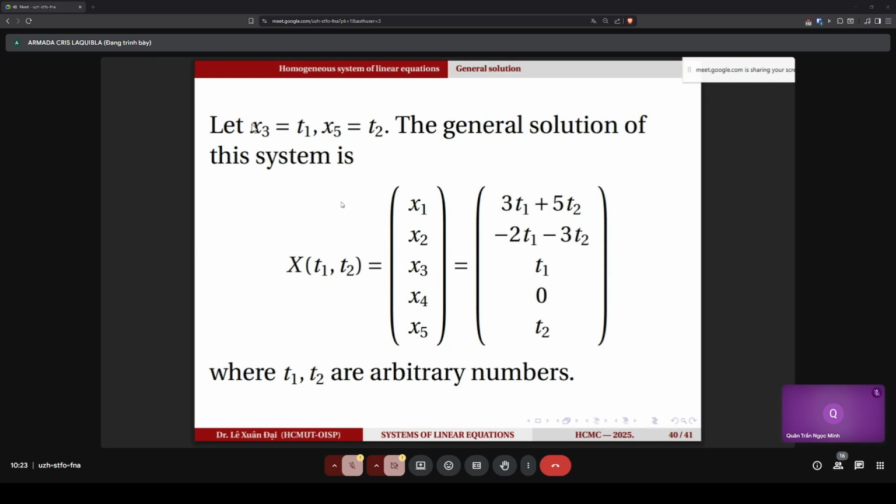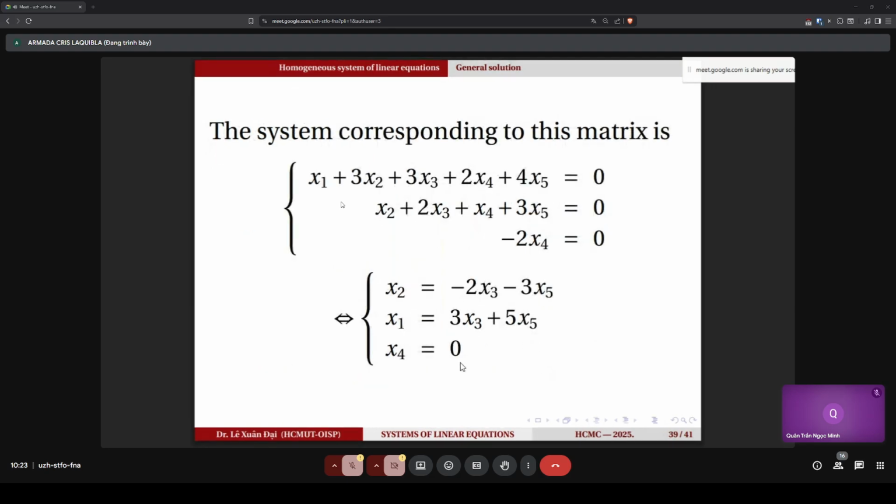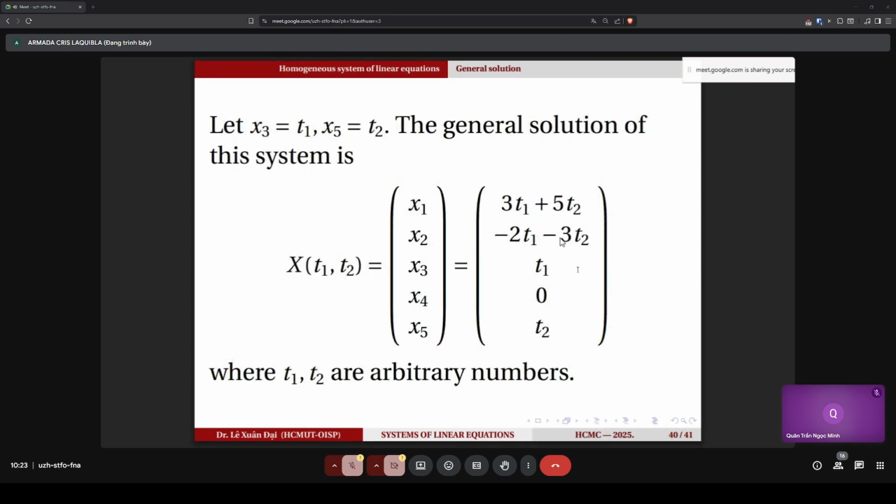So next, what we're going to do, we let x3 be t1 and then x5 be t2. So since there are free variables, your x3 is t1 here, your x5 is t2, your x4 is 0, because x4 here is 0, right? Now you substitute here with t1 and t2 in your x3. X3 is t1, your x5 is t2, and you will get these values here. Your x1 is this, 3t1 plus 5t2, and your x2 is negative 2t1 minus 3t2, where t1 and t2 are